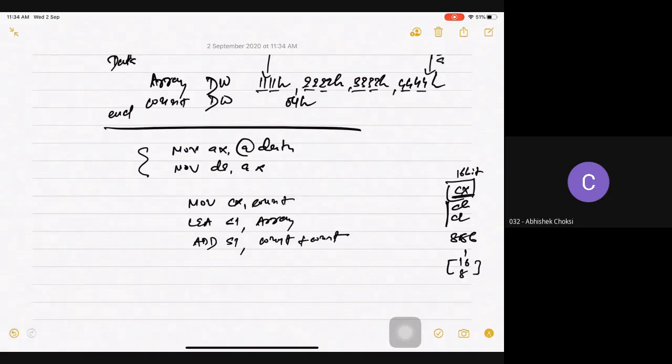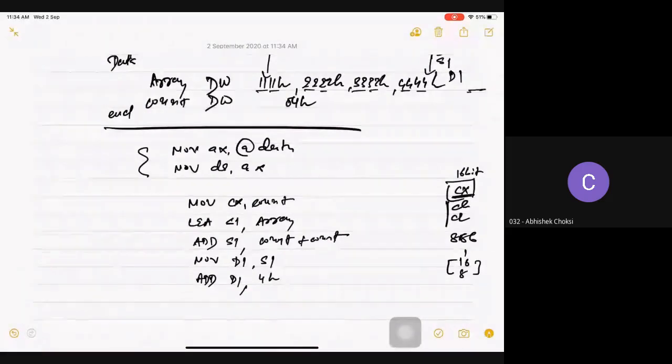At the same point I want to assign DI also. So MOV DI, SI. Now DI is also pointing here. Now I want to start with more locations. So ADD DI, suppose we add 4.